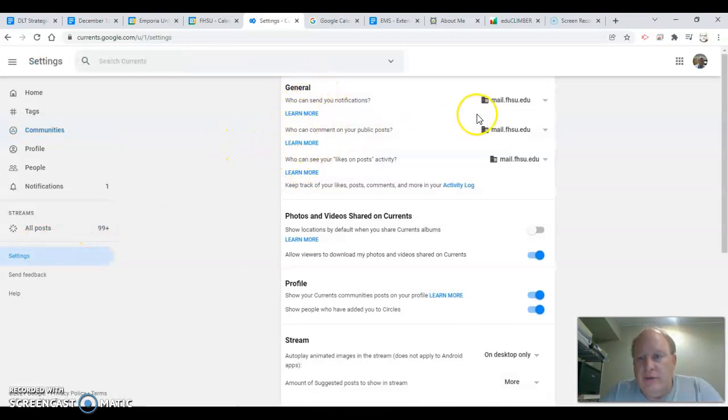Under General, I want you to make sure that you have these three settings set. Probably some of you might have extended circles, your circles, only you, anybody here, but you need to have mail.fhu.edu selected for all three of these. Okay, once you do that, I need you to go back to Communities